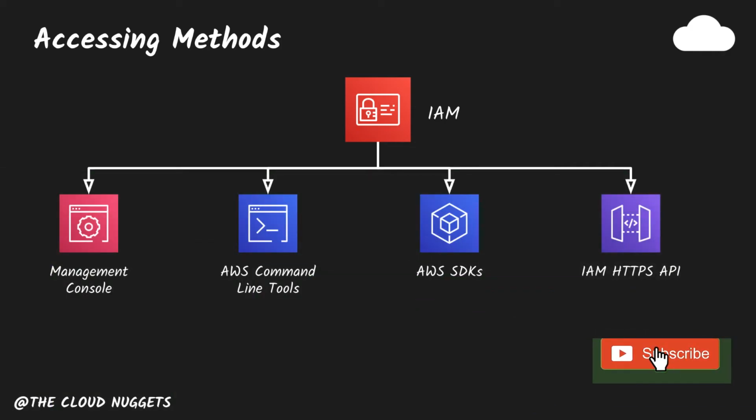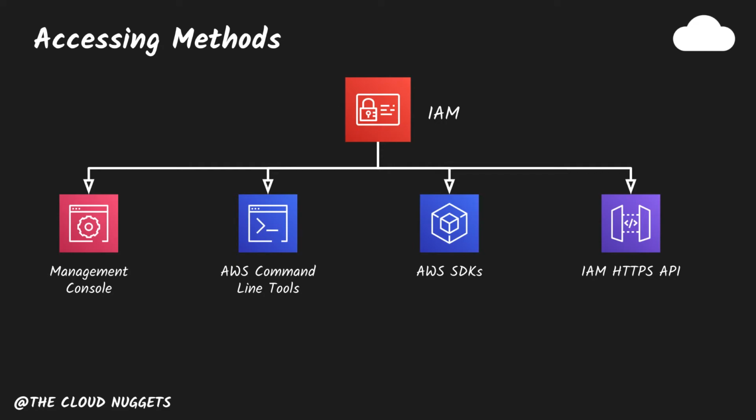API. You can access IAM and AWS programmatically by using the HTTPS API, which lets you issue HTTPS requests directly to the service. When you use the HTTPS API, you must include code to digitally sign requests using your credentials.